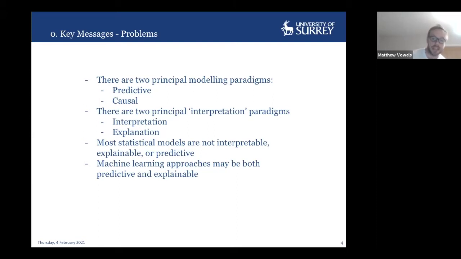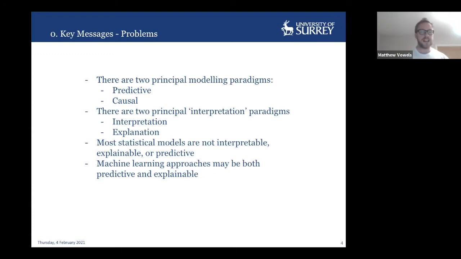So there are two interpretation paradigms, and the annoying thing about the language being used here is it's not my language. To be honest, I'm not precious about the language being used, so long as we define what we mean. But what I tend to see in the literature is this umbrella term of interpretation, which is just the process of going through the research and drawing some conclusions. But then you can actually split interpretation into two subcategories, one being interpretation again, and the other one being explanation. And I'll make the definitions I'm going to work with for those in a minute.